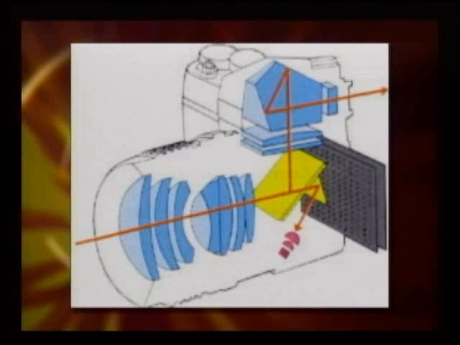So that's while you're composing the picture, and then once you press the button to take the picture, the mirror moves up out of the way, the shutter opens, and that exposes the film or the sensor. So that's a little bit about the mechanics going on inside the camera. Of course, there's a lot more involved with electronics and whatnot, but those are the mechanics that make a camera work. That's how SLRs have worked for a long time. Just over the last several years, we've automated the process a little bit.